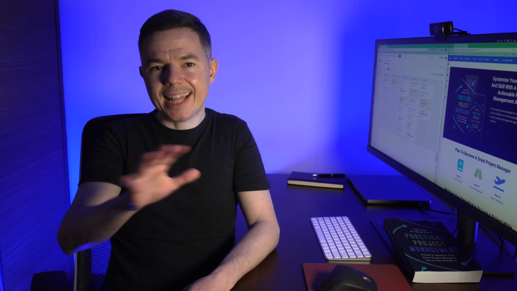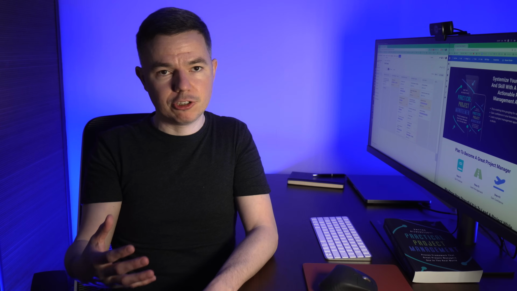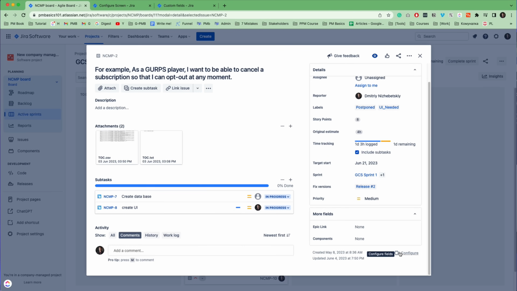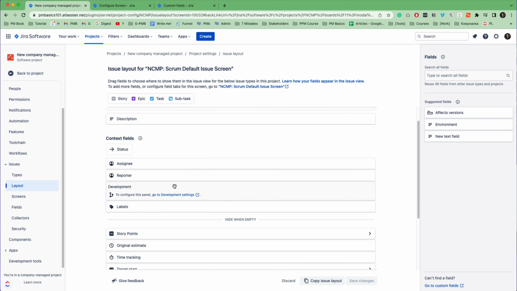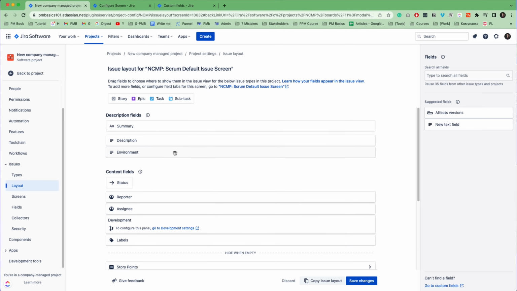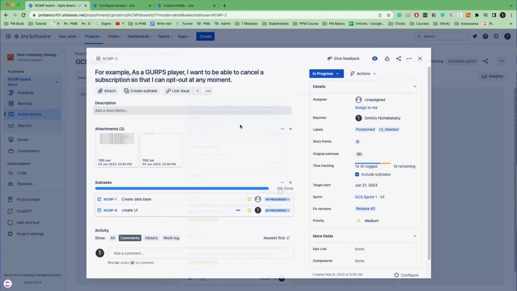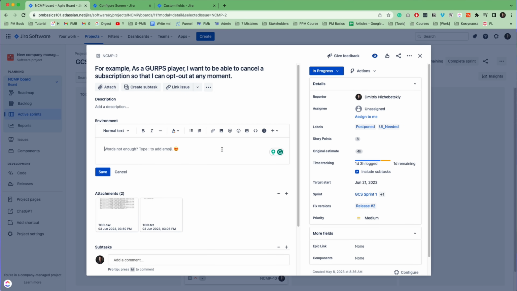Okay, and now I want to discourage you from digging too deep into Jira administration and customization. I will show you the capabilities that a Jira admin sees and that you can ask for. But likewise, I want you to notice how complex Jira can be. So, as an administrator of this Jira, I have access to this Configure button. When I click it, I get into the Jira settings. I can add, remove and rearrange the fields in the Issue Details screen in this Layout section. Do notice that it's a project level, so I have some options already available here.